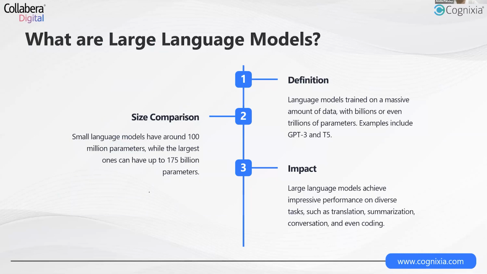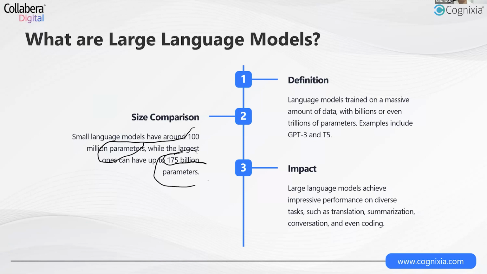So a large language model is a language model which has information about multiple sets of terminologies in the form of vocabulary, right? This starts from the contextual information stored for those large vocabularies, which can range from 100 billion parameters to almost 175 billion parameters. Standard or small language models have up to 100 million parameters, whereas large language models have up to 175 billion parameters. That shows how large language models are.